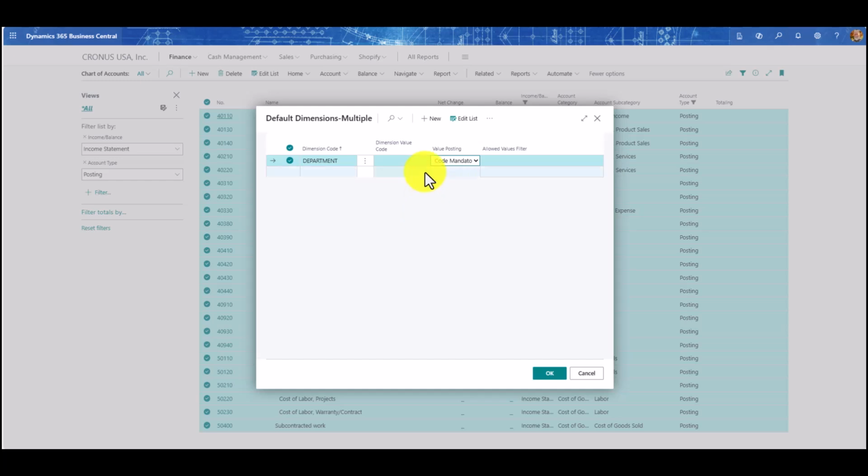And so again, using this as the gatekeeper function on the GL account and the GL entry table, I can ensure that every transaction posted to a P&L account will have a department code. I can leave this open, basically to say, I don't care what the department code is, there just has to be one, okay? And so if I come down here and click OK,